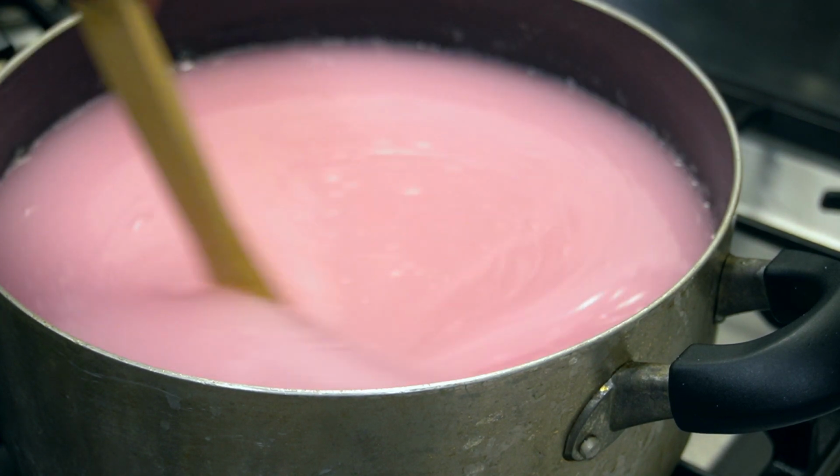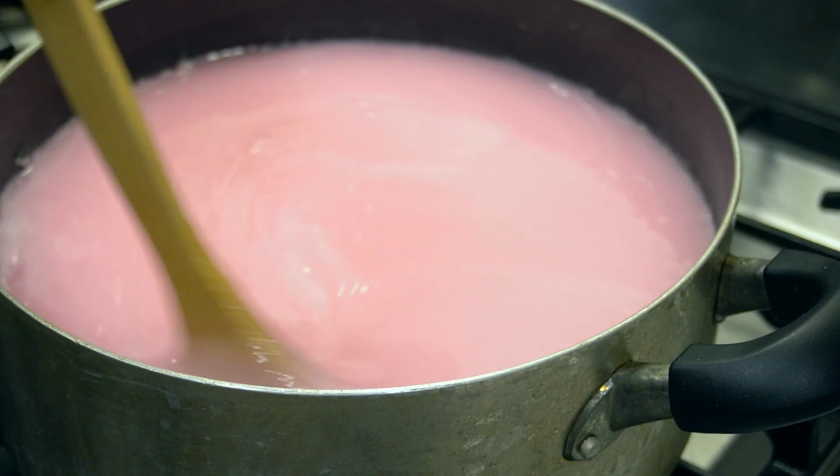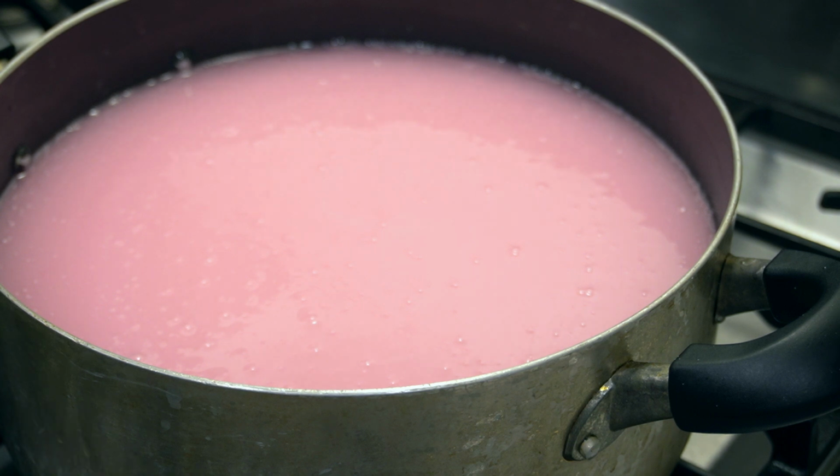I mean, the science behind this is something that I'm not going to get into, but we are going to allow this to dissolve properly. Keep it on a low heat still. But what you really want to do is make sure that you're mixing it really good, and don't go too crazy, because you don't want it to suds up. It's going to start to get more and more thick as it progresses, and you just want to make sure that you leave this on for maybe 10 to 15 minutes, allowing it to dissolve properly,